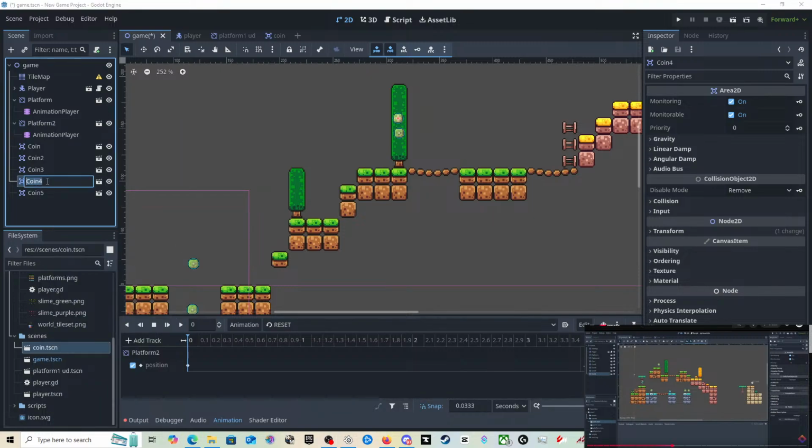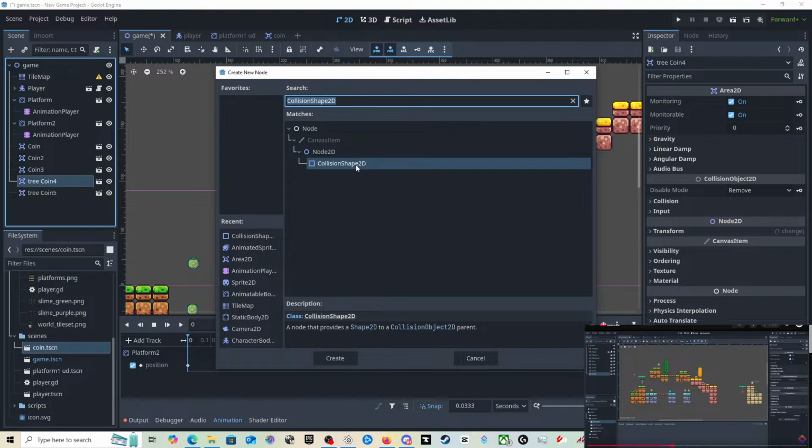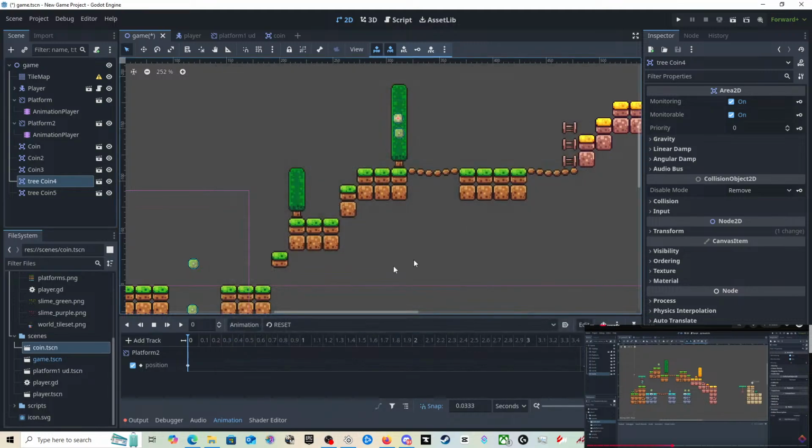Let me just change this. Coin 4. Coin 5. Instead of folders, you use nodes. Ah. Like that. Create new node. Okay.